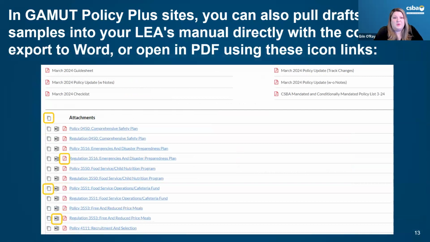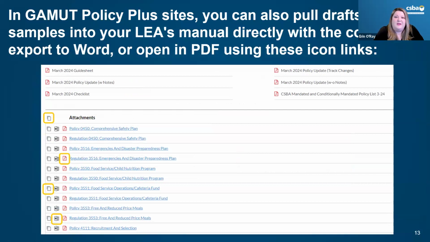You can also pull the drafts of these samples directly into your manual using the links that are highlighted here. So we have our copy icon. The one that's lower down, which is the 2 pages, can be used to import an individual policy, and you can do them one by one if you're working on them individually.